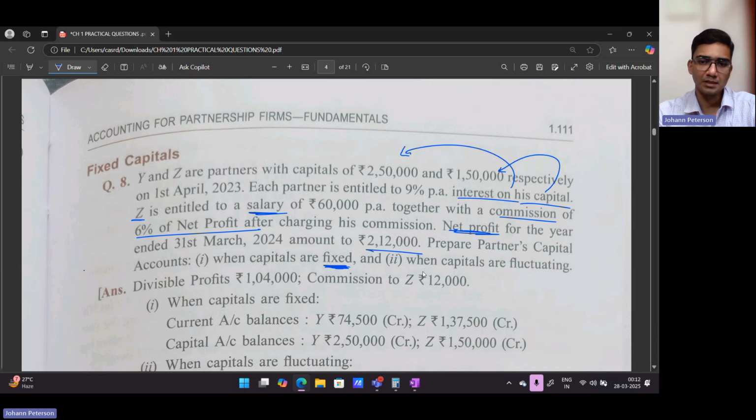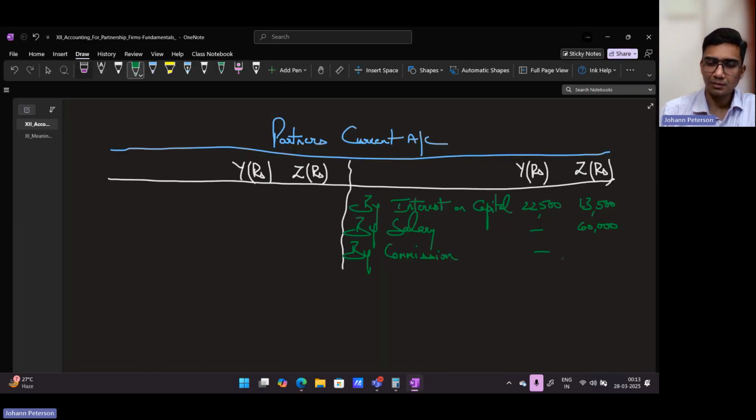Now Z is a partner. He's getting commission. So this is not a charge against profit. Sorry, this is a charge. Z is a partner, right? And he's going to get commission, right? So Z is getting commission in this case. So this will be shown within the profit and loss appropriation account because this is an appropriation of profit, right? This is not a charge against profit. So we will show this here and the amount will be calculated as